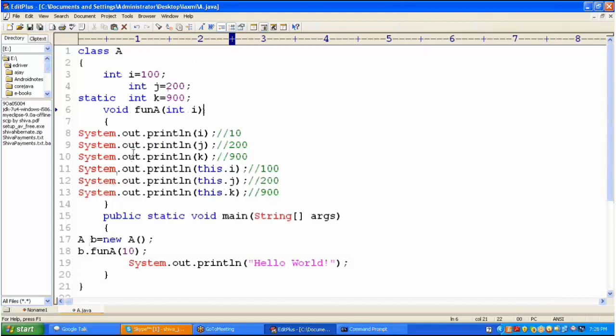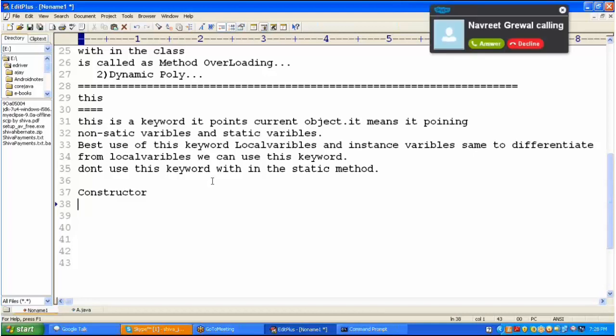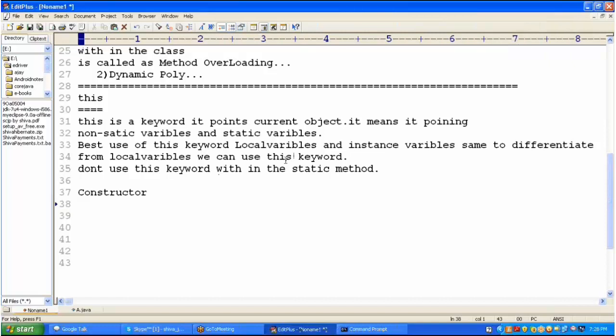Next concept, constructor. See, observe that every concept is simple here. The only thing is accessibility of variables, passing, and performing manipulations. That is important. Remember this point. Constructor. Constructor is a member of a